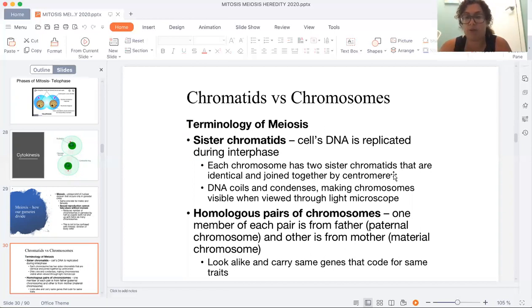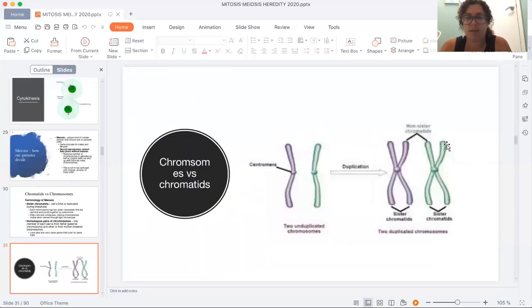We also have what's called homologous pairs of chromosomes. That means one member of each pair is from the father, or paternal side, and one is from the mother, or maternal side. They look alike and carry the same genes that code for the same traits, but they are not exactly the same. Okay, so this is an example of two unduplicated chromosomes, and then we have non-sister chromatids, and then